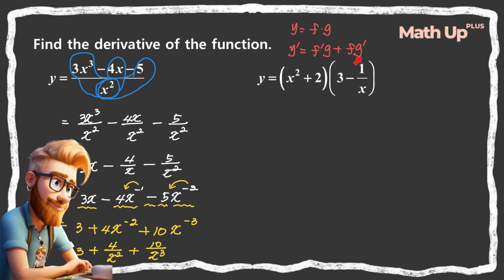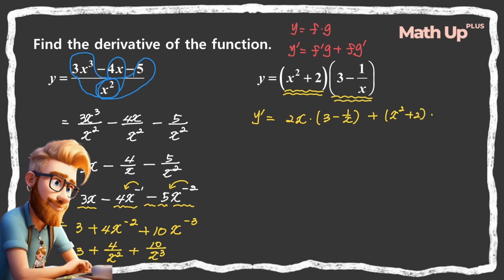We can write this expression first plus this expression next. Order doesn't matter. So what's the derivative of this function? y prime is equal to derivative of x squared plus 2, that's 2x, and leave this function alone. So 3 minus 1 over x, plus leave this function alone, x squared plus 2, and multiply by derivative of